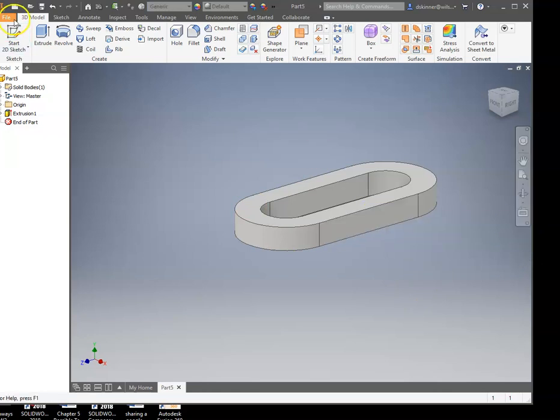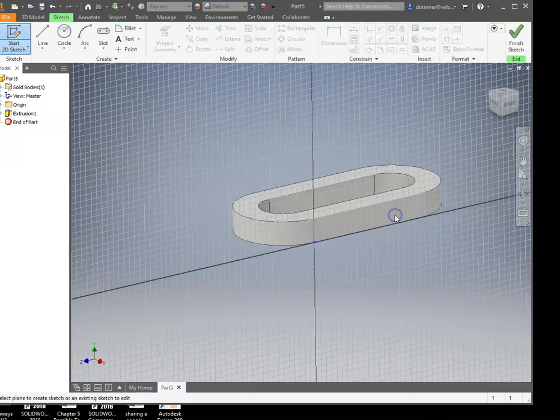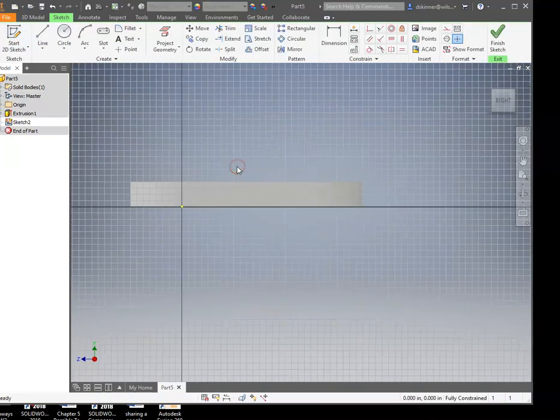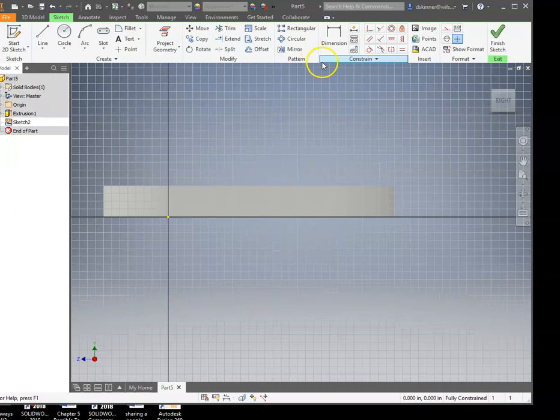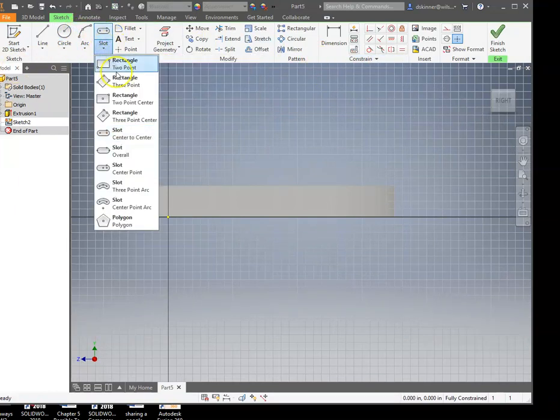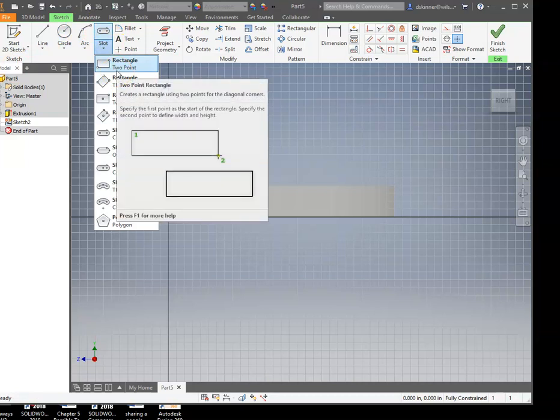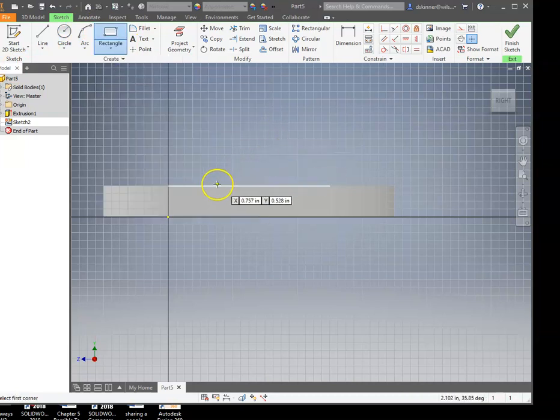here. So I'm going to start a sketch. I'm going to start it on this surface, and then you notice my grid lines are on from before, so if you like that, you can use those. And this one is a rectangle shape, and again, I'm going to choose the 2-point, and this time I'm going to try to snap to that